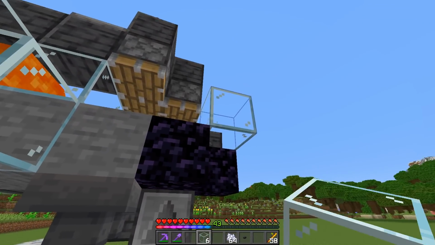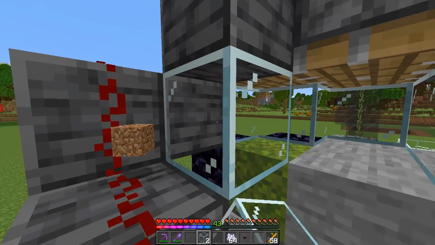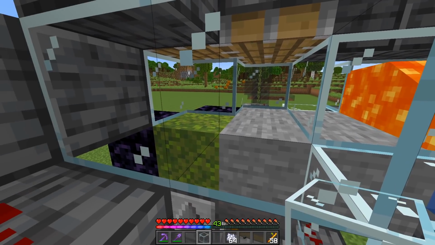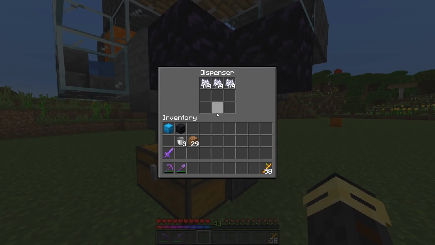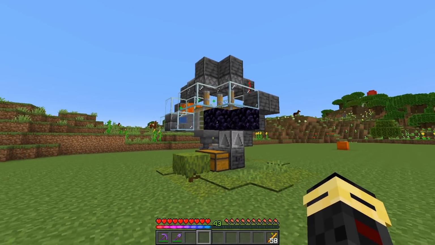So just take some of your remaining glass and just cover it all in so that you have a nice little 3 by, like a little L right there on the inside. Okay, now our last thing left to do is just put some bone meal in the dispenser here. And as you can see, once we hit this button,